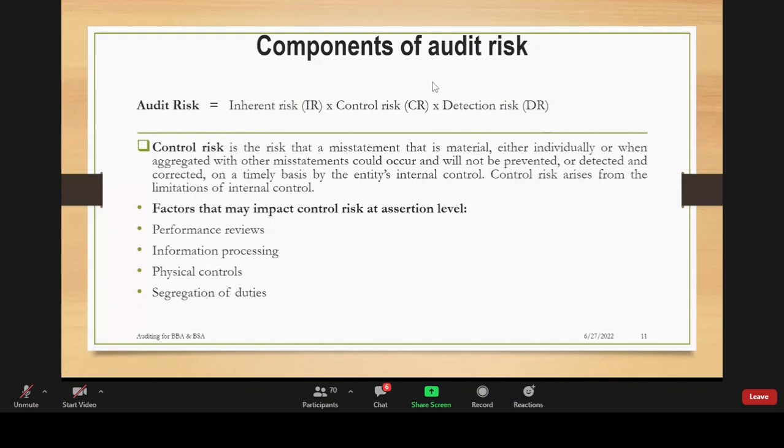So we have now control risk. Control risk is the risk that a misstatement, a material misstatement, can occur due to the weaknesses in the internal